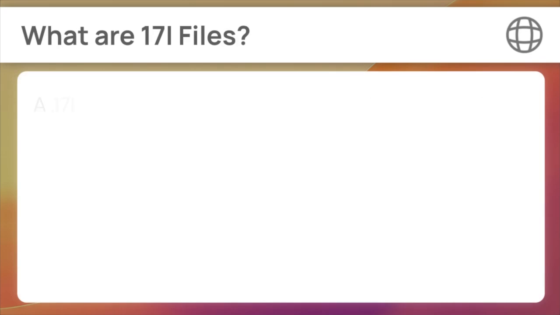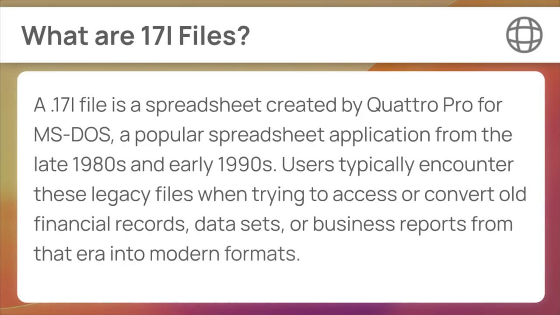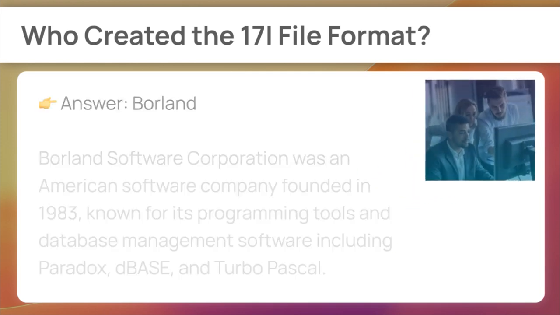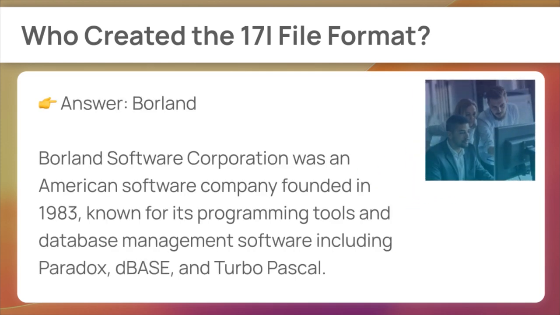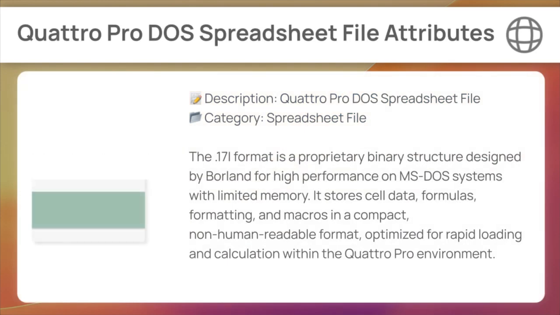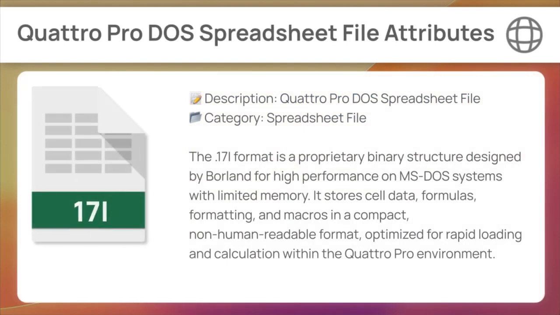A 1.7i file is a spreadsheet created by Quattro Pro for MS-DOS, a popular spreadsheet application from the late 1980s and early 1990s. Users typically encounter these legacy files when trying to access or convert old financial records, data sets, or business reports from that era into modern formats. The 1.7i format is a proprietary binary structure designed by Borland for high performance on MS-DOS systems with limited memory. It stores cell data, formulas, formatting, and macros in a compact, non-human-readable format, optimized for rapid loading and calculation within